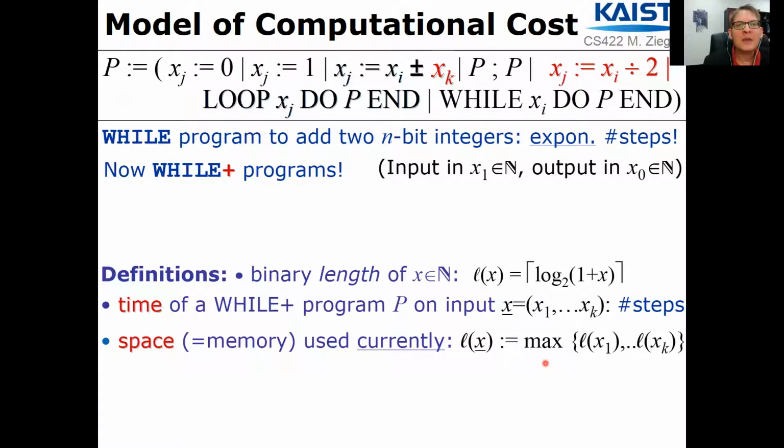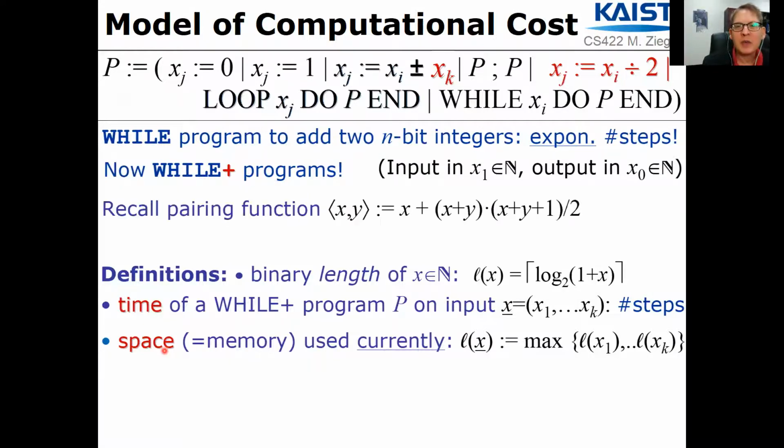Or put differently, every single operation can increment the binary length, which is our abbreviation for the memory consumption, by at most one, and therefore making t steps, it will increase by at most t, so that in particular a polynomial time while plus program will also use only a polynomial number of bits, a polynomial